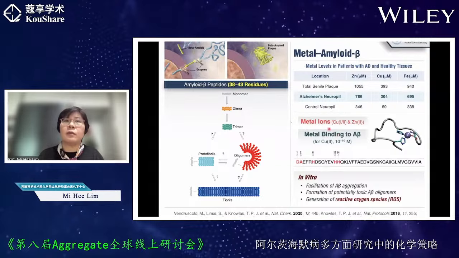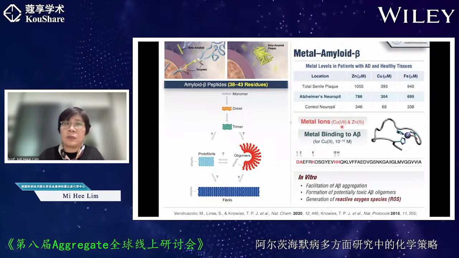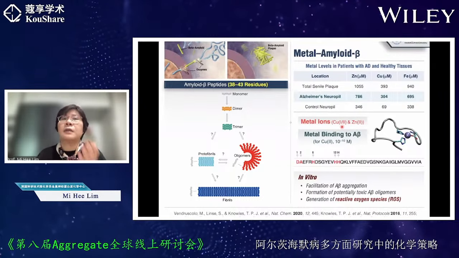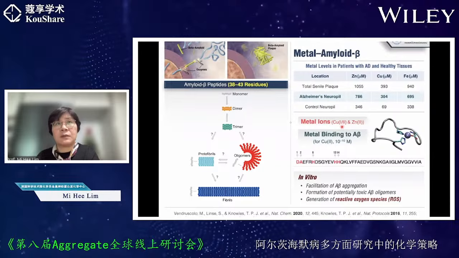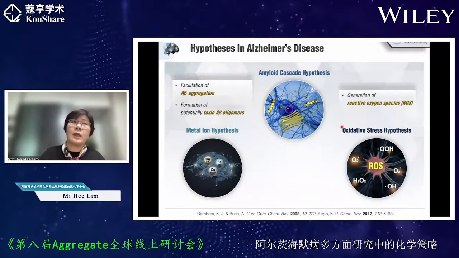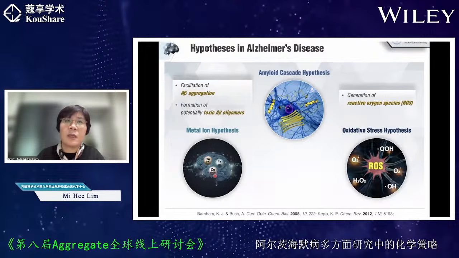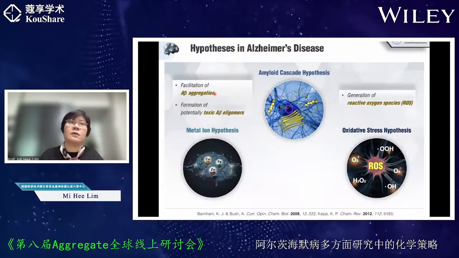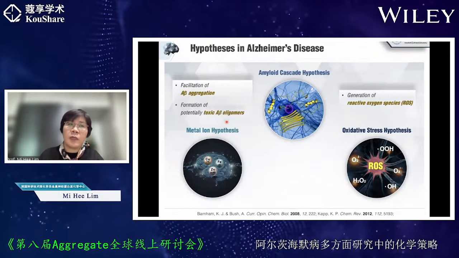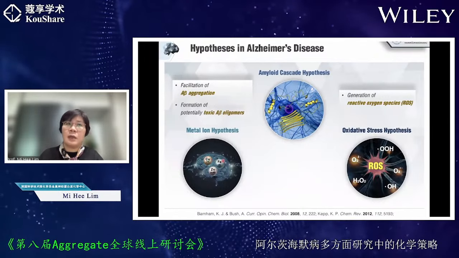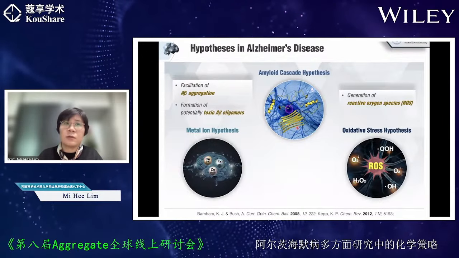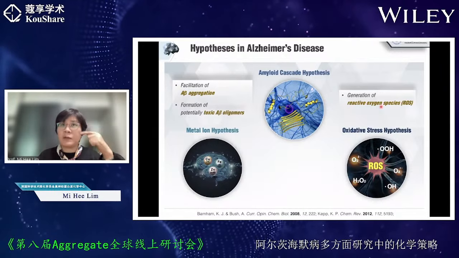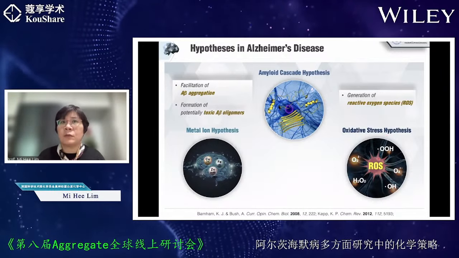Not only that, in the case of a redox-active metal, such as copper shown here, bound to A-beta, in the presence of dioxygen, electrons, and protons, they can generate reactive oxygen species. So if I summarize what I have been telling you, the metal ion can directly bind to A-beta, and then influence A-beta aggregation and conformation. Also, a redox-active metal bound to A-beta under biological conditions, especially in the presence of dioxygen, can generate ROS catalytically, leading to oxidative stress.